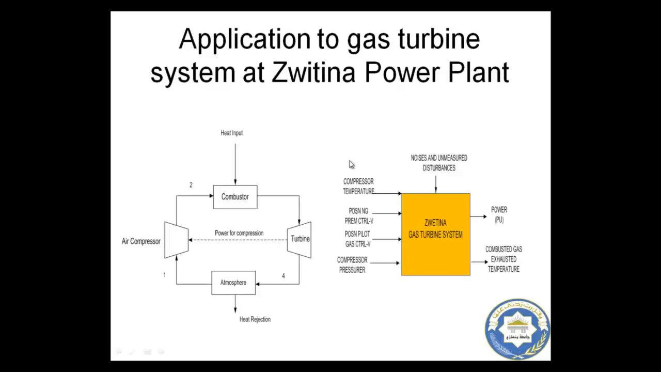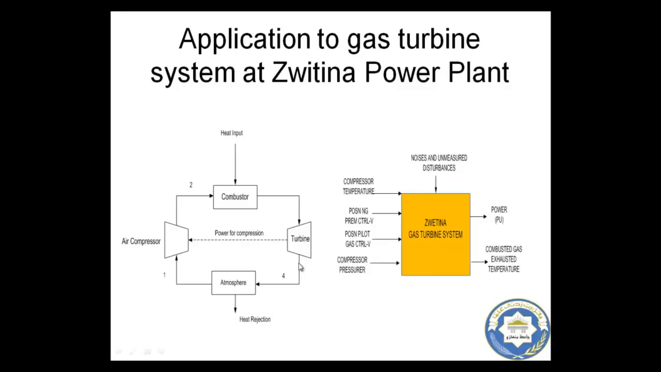For the specific application of subspace identification, we have used the gas turbine system of the Zawiya power plant working in Libya. Any gas turbine system has these 4 points. First, we have an air compressor to compress the air into the combustor or combustion chamber. Then at constant pressure, we have heat input. The heat is added at constant pressure in order to burn the natural gas before it is introduced to the turbine